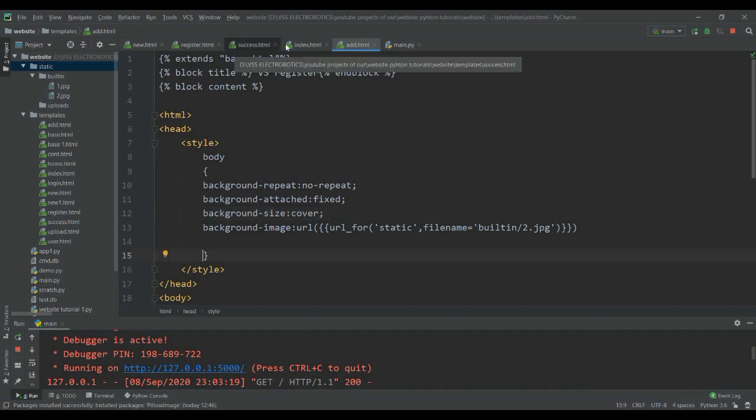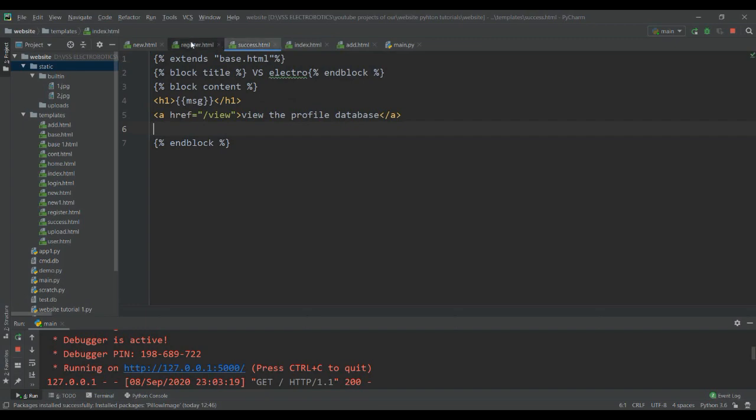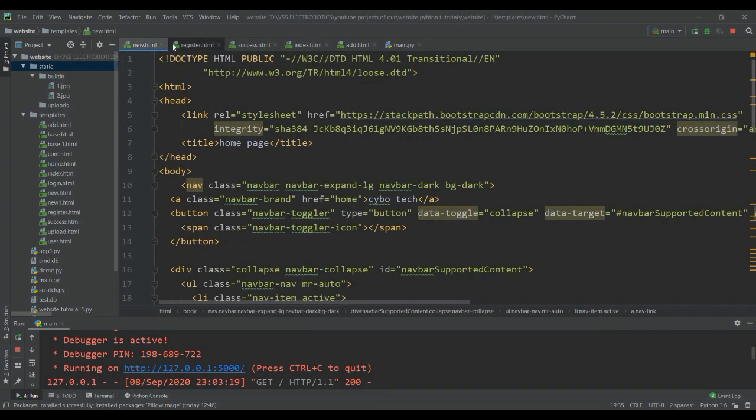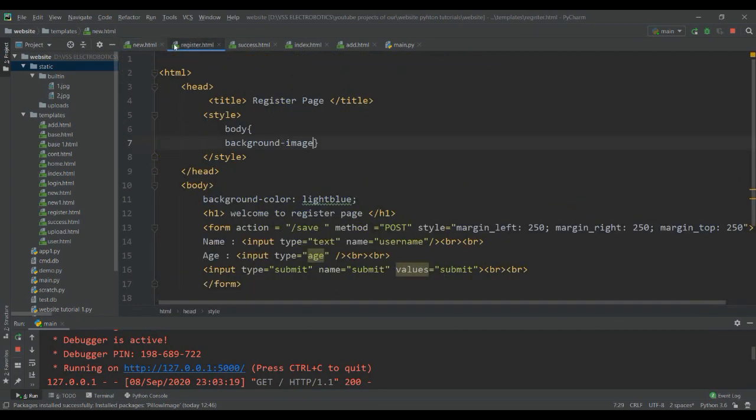In our next tutorial, we are going to see how to upload to this folder. We are going to see about these folders, how we are going to upload the images to our database, and how we are going to download those images from our database. These are all the topics we are going to cover in the next tutorial.